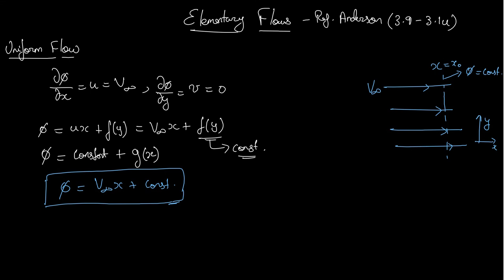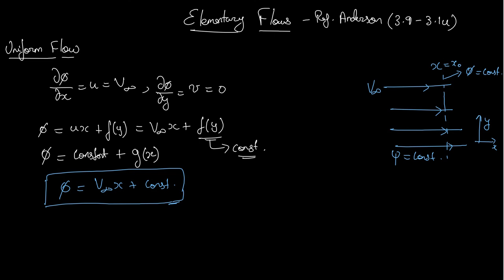And we also know what a stream function is. Stream function will be constant along every streamline. It will be constant in every streamline individually, and they'll differ just by a constant. That is what we have derived earlier. Alright, so the similar thing that we did for velocity potential we'll be doing for a stream function also.